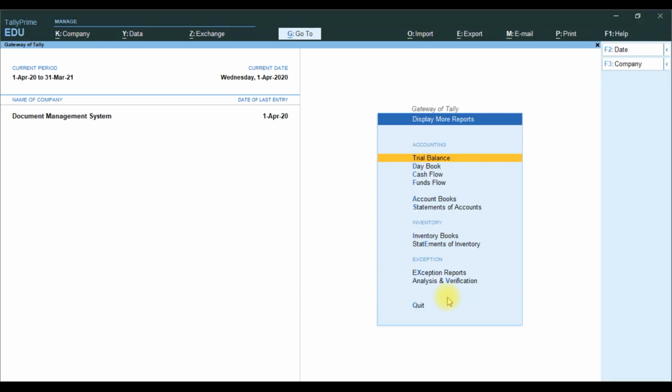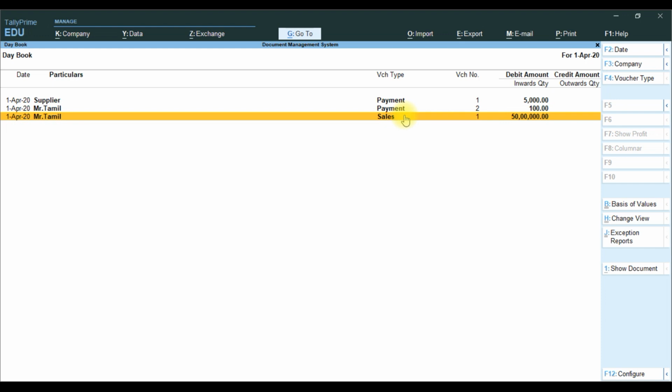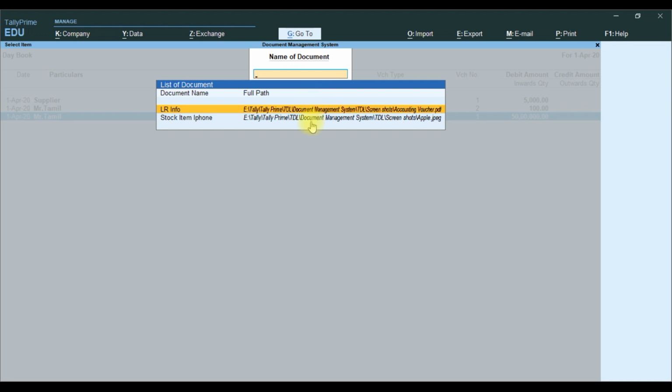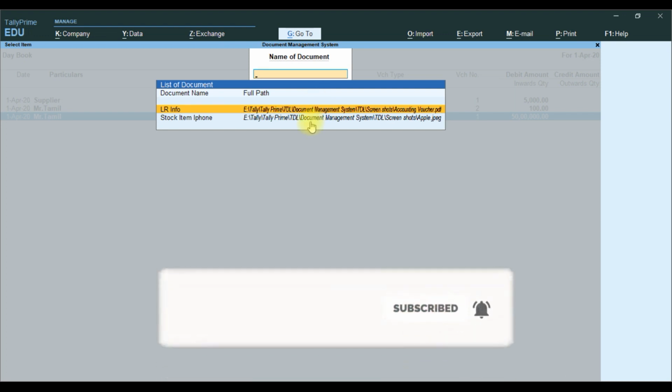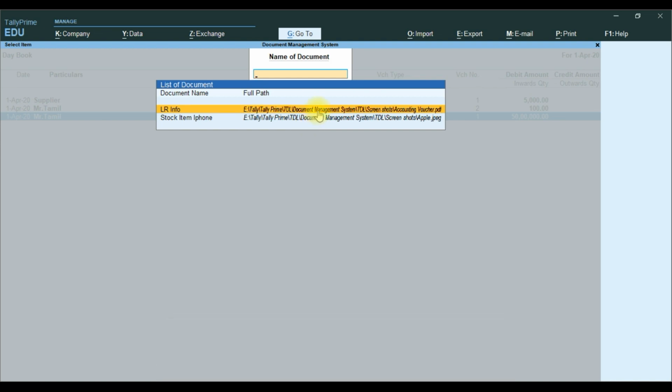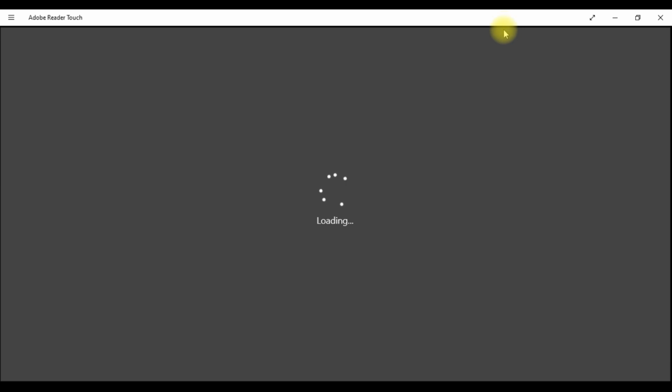You go to display, more reports, day book. We have entered the sales transaction. Display, select a particular line, show document, it will show the voucher entry's list of documents. If you want to open, you click, it will open the document.